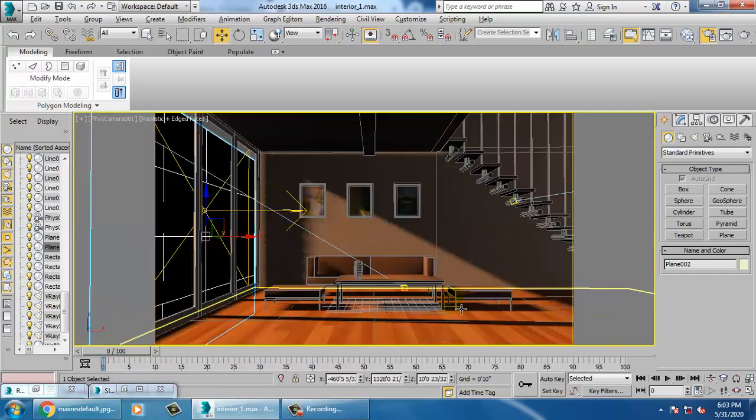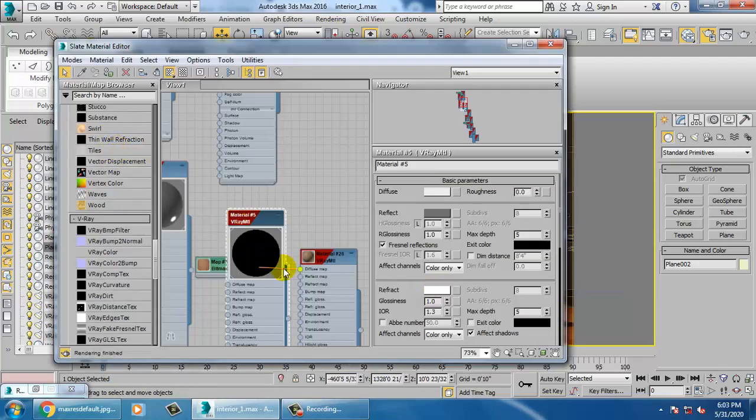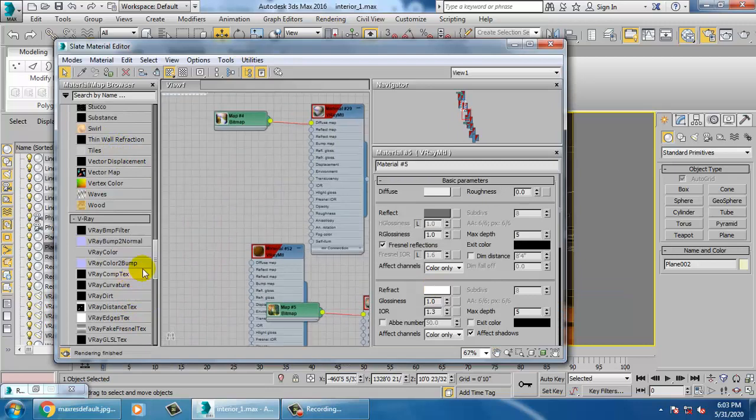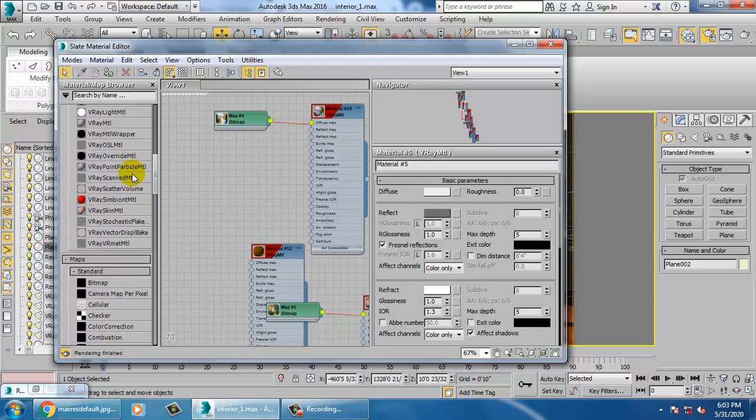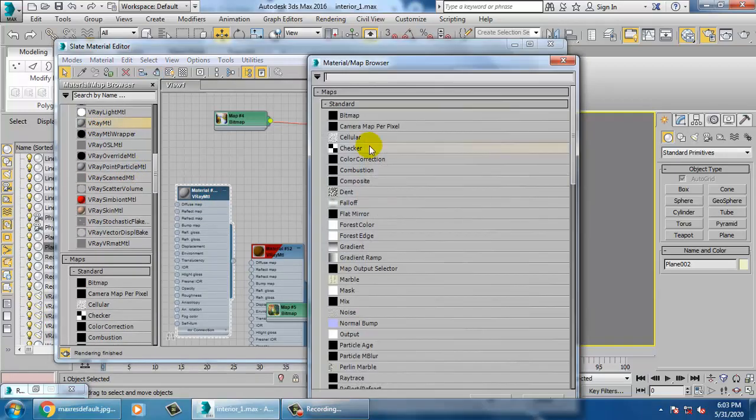So go into material and let's just assign a V-ray material over here. Just assign a V-ray material.